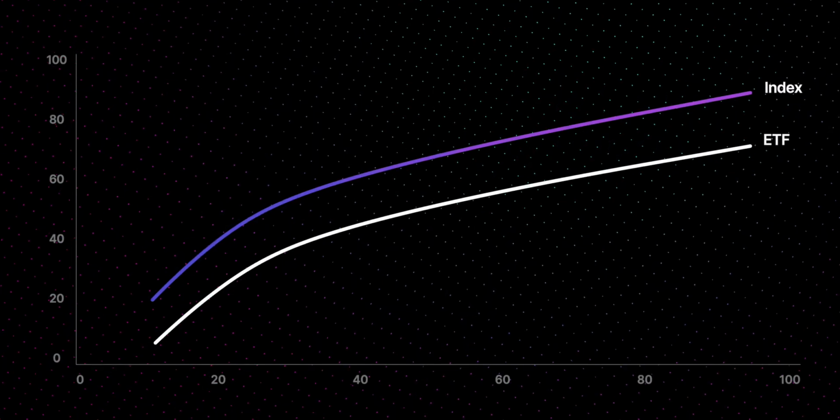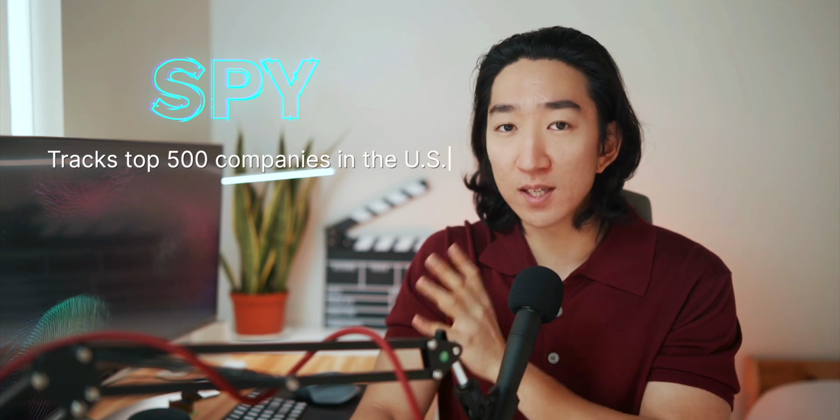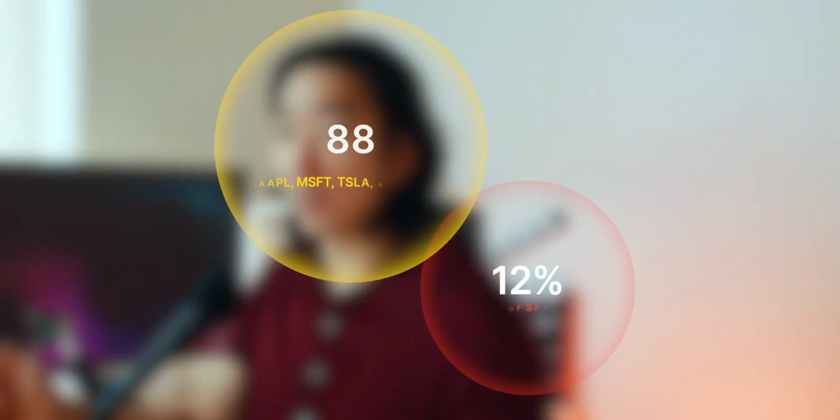For example, the ETF symbol SPY tracks the top 500 companies in the US. So similar to mutual funds, you don't actually own the shares of the individual companies, but own a piece of the fund. ETFs are also passively managed, so there isn't a fund manager that is actively buying and selling funds. Hence, the cost of owning an ETF is very low compared to mutual funds,